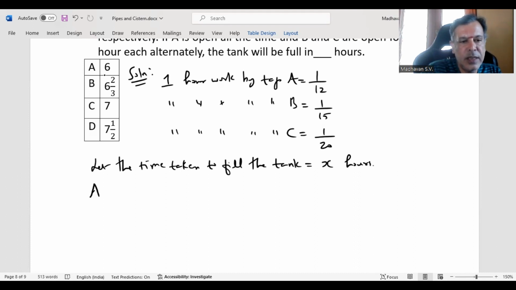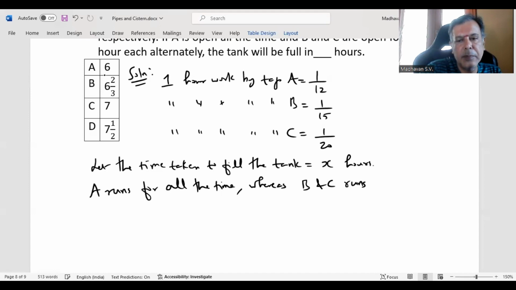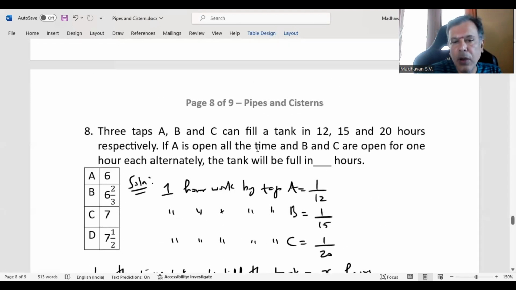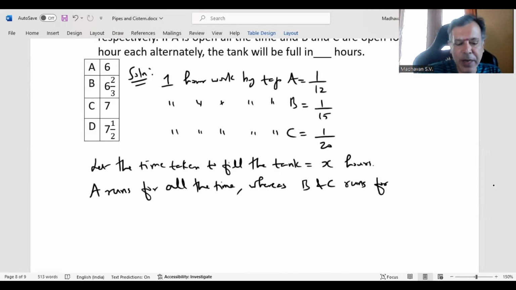Now, the question says that A runs for all the time, whereas B and C are open for 1 hour each alternatively, which means they are open for X by 2 hours only. For X by 2 hours each alternatively,